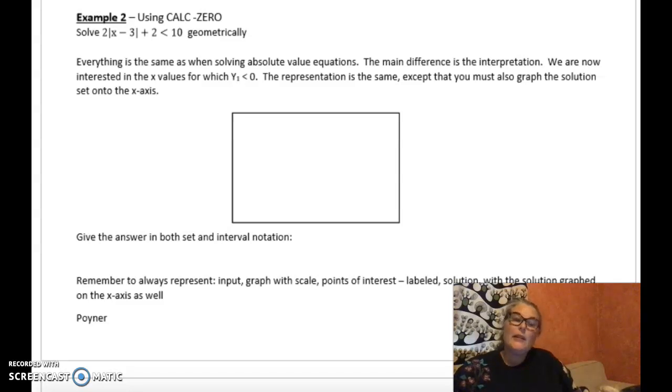So calc-zero, as you know, or I hope you know from what we've been doing in class, is that you have to compare it against zero. Instead of comparing two functions against each other, now we're just comparing it against zero. So that means I have to get a zero on one side. And honestly, I think the easiest would be just to subtract 10 on both sides. So I'm rewriting the problem as 2 times the absolute value of x minus 3 plus 2 minus 10 is